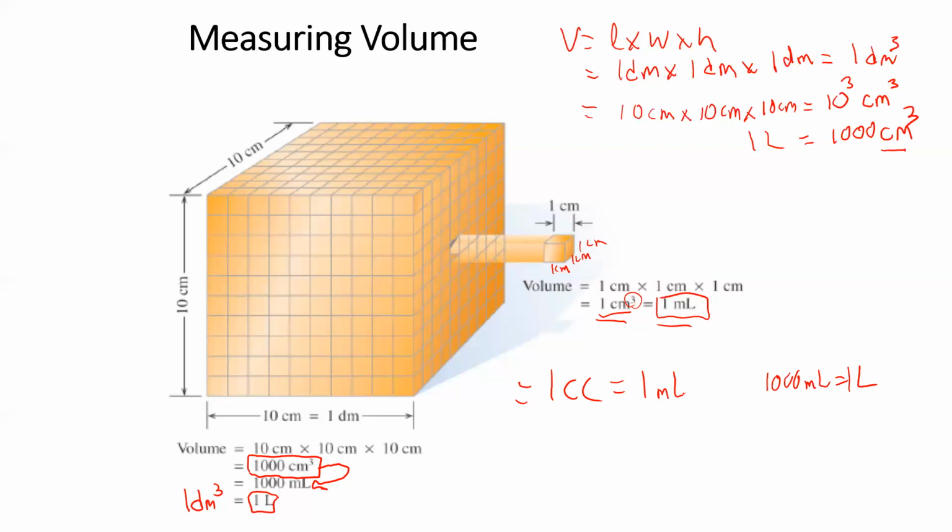But again, this discussion is to talk about, not do we just change within the metric system, right? So we're changing volume, which could be cubic units of centimeters, right? So there's 1,000 centimeters cubed in 1 liter, or 1 centimeter cubed in 1 milliliter, or 1 decimeter cubed in 1 liter. But we might need to change it